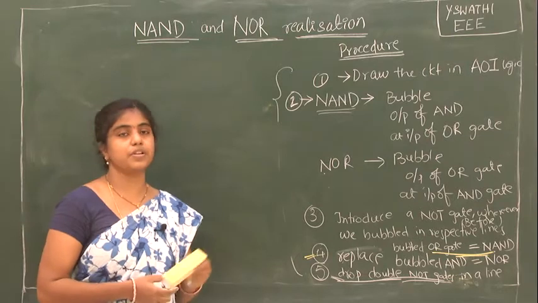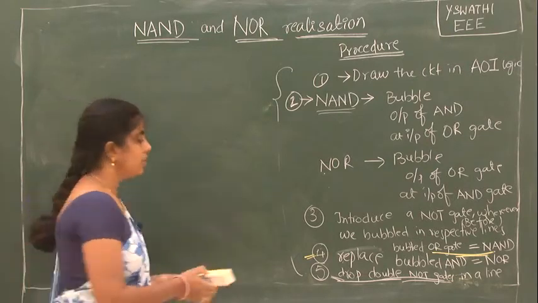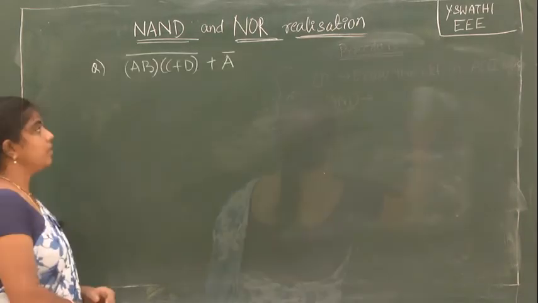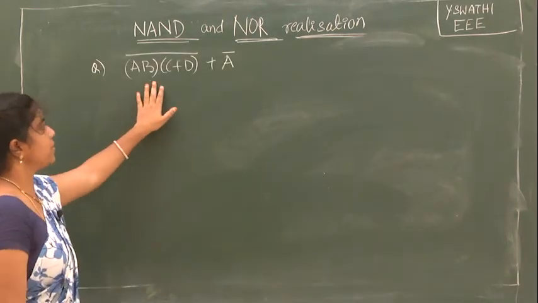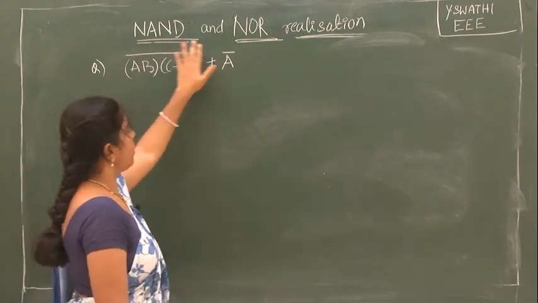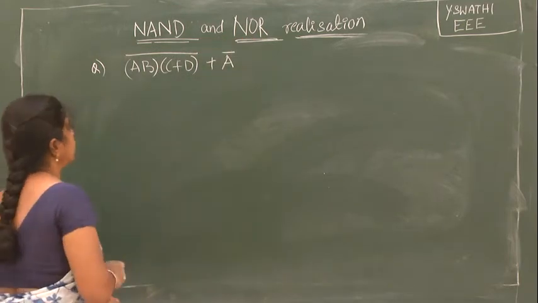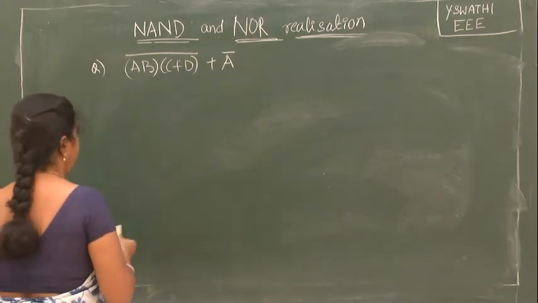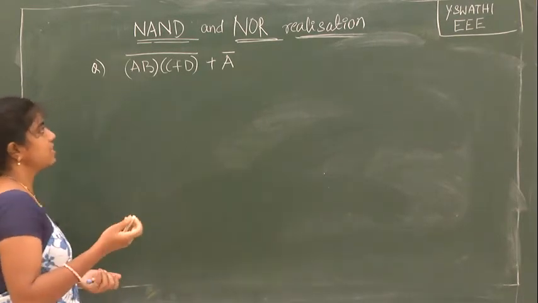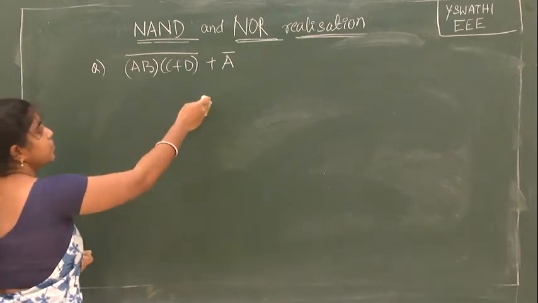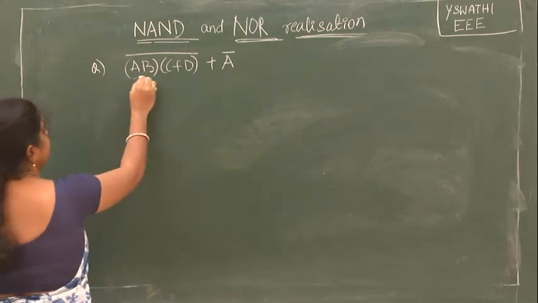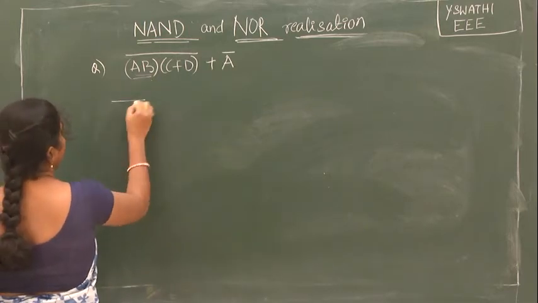We can realize any given expression in NAND or NOR realization. Let's take a given example. See the example. Here we have an expression. Now we have to implement or realize the given expression in NAND and NOR gate realization. See the first example. So what is the first step? To draw in AOI logic. AOI logic is nothing but to implement the given expression with the help of the basic gates AND, OR and NOT. So to implement, I am taking the first step, that is A dot B.